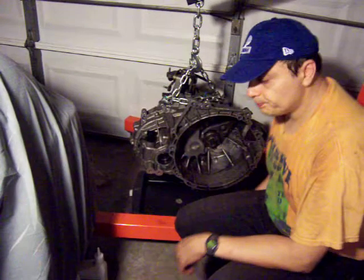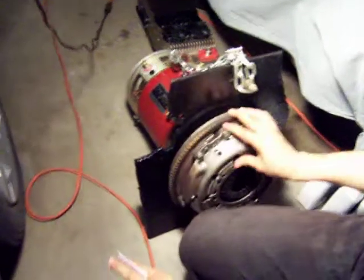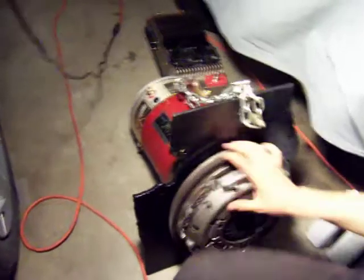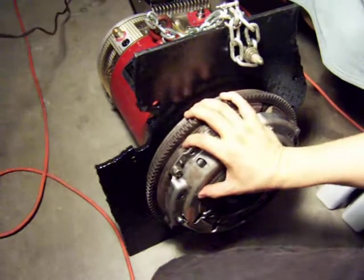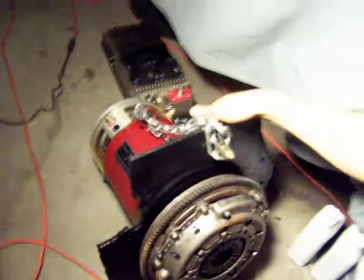I want to show you this part. This part is the clutch. Before I put it together with the transmission, which I hope to do today or tomorrow, I'm going to show you how the final clutch is installed into the motor. It is really nice. I really like the way this is working. And I already made a test with the transmission the other day, and it was working really good. So I'm going to do a test later